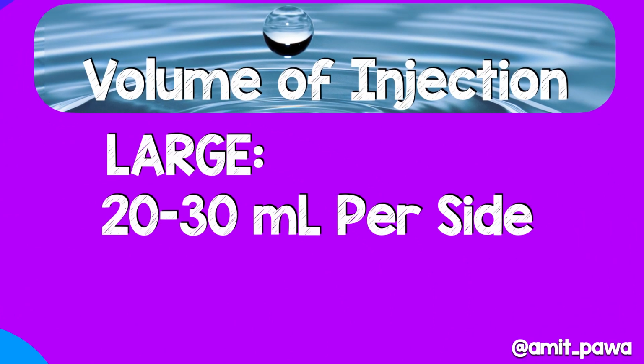This is a volume block. You need a large volume to make this work. Part of that is because you're aiming to get multiple levels. Part of that is because your endpoint for your needle is distant from some of the nerve targets, and you also want to create a depot of local anesthetic in order to have an effect. And also because you're not specifically identifying nerves as a discrete entity, you need a large volume of local anesthetic to bathe that area of interest. I would suggest you use a minimum of 20 mils, but more like 30 mils or 30 cc's per